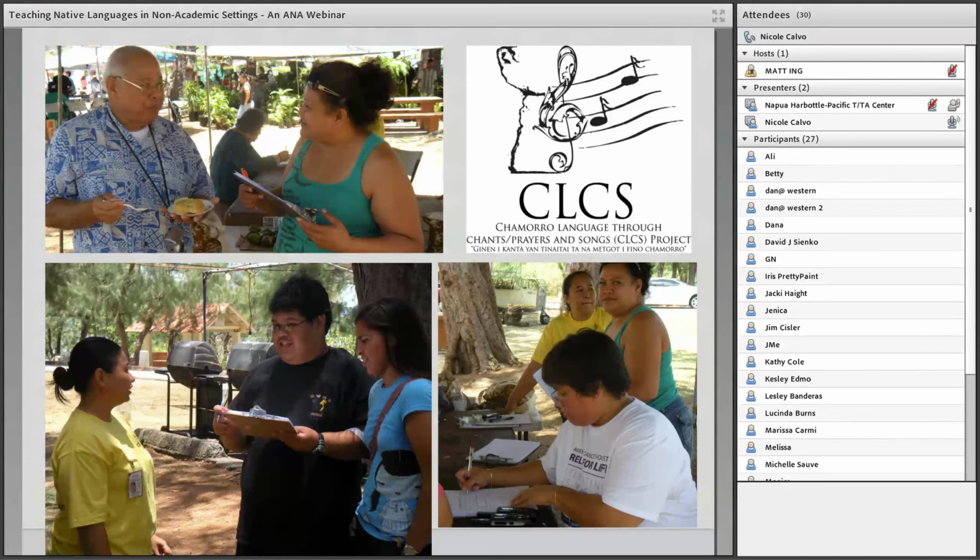We had a music educator who was on board with us, a piano teacher as well, and she was notating, making the musical notations of the chants that were recorded from the elders or from some of the other people that were giving us chants and songs that they had remembered from their elders, from their parents, and so forth. It took us about a year to do all of that. And so the result was compiling essentially a music book of Chamorro chants and songs with the musical notations on it. Once we were able to do that, that was published.